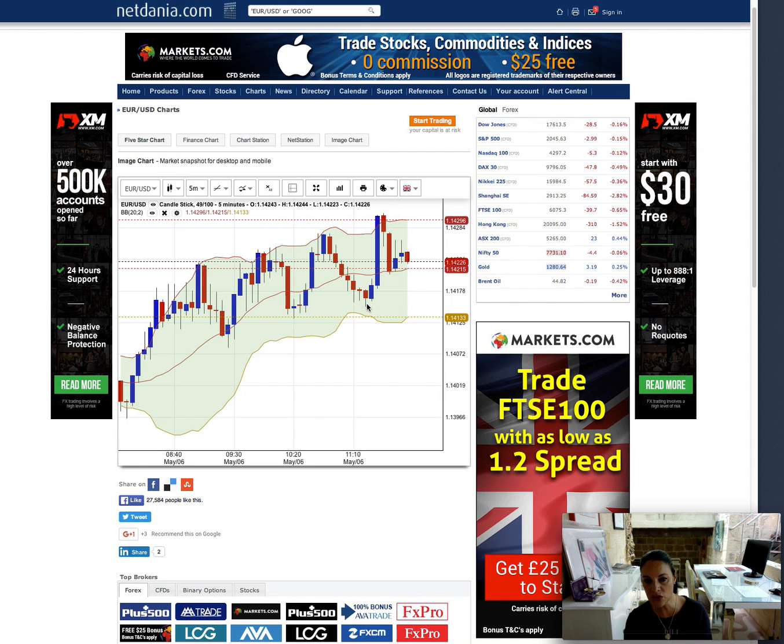So you need to see actually your reversal candlestick before you take your trade. What we're going to do is wait for this 5-minute candlestick to finish, and then have a look and see how the next 5-minute candlestick is working. If we have a blue candlestick again after the red candlestick, we already have the two here. This could be a small pullback. So if we have another blue candlestick after this, then we can safely take